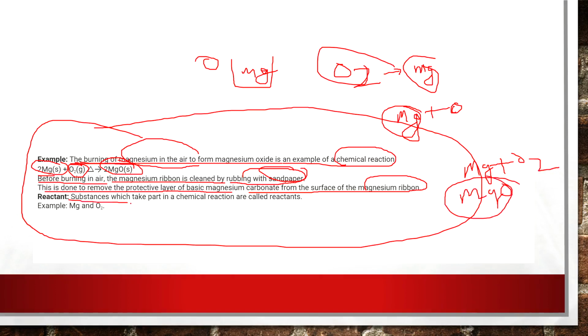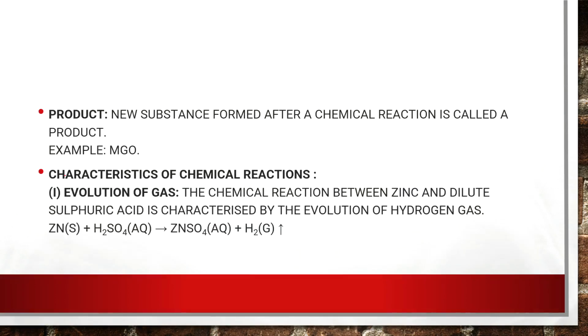So the substance which takes part in the chemical reaction is called what, reactant. We have already said examples are magnesium and oxygen. ठीक है, then after a product, the new substance which is formed is what, MgO. ठीक है, इसमें न्यू सब्सटेंस जो कि फॉर्म हुआ है उसको MgO बोल के हम बुलाते हैं. ठीक है, so characteristics of chemical reaction,